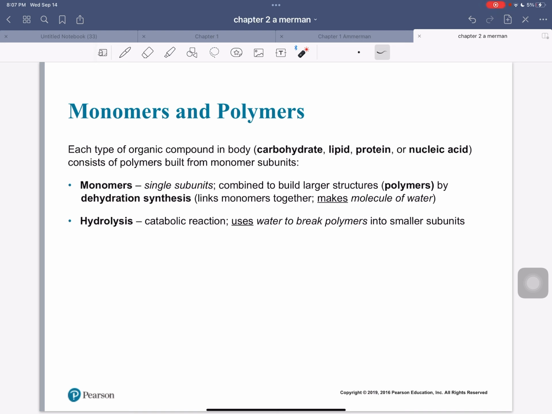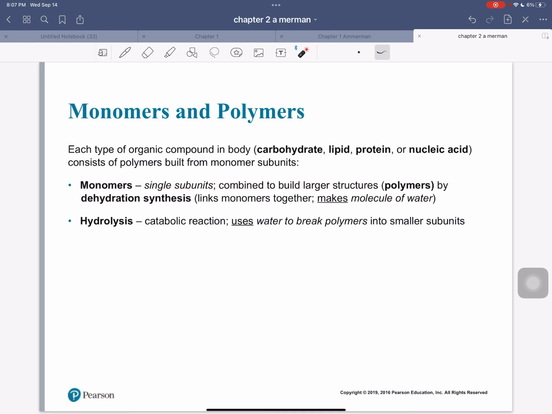And there's a process that's used called dehydration synthesis. And dehydration synthesis is, like the name suggests, we're going to pull out a water molecule from there. And so a hydrogen and an OH group get pulled off. Then there's the opposite,